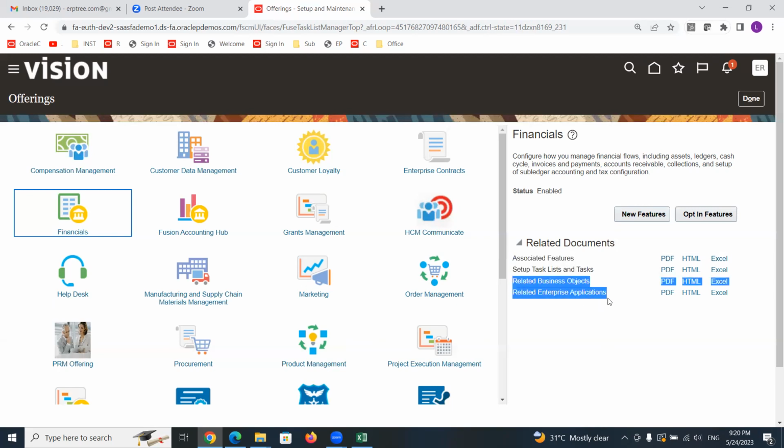These other documents are not useful for us to understand. Even by seeing this, as of now, you cannot understand anything. Once we get into the application, you may download those documents, you can have a look, and it makes sense. Now we are not aware of anything, just take note, later you can download and have a look, but it is really not required. If you want to see, don't see now, you see later. That's it. So this is what we have to understand about offerings and options.